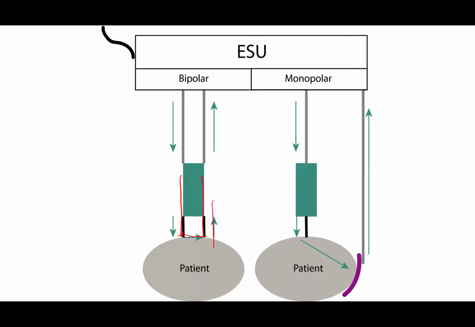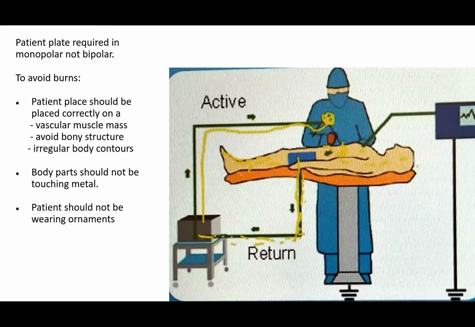They don't just pass between the tissue that is grasped, but for the monopolar, the current has to be transmitted through the patient. This demonstrates the same thing. The active electrode is held by the surgeon. You can see the patient is the resistance and the return electrode is here, and the current passes through this. Now, you should always remember,